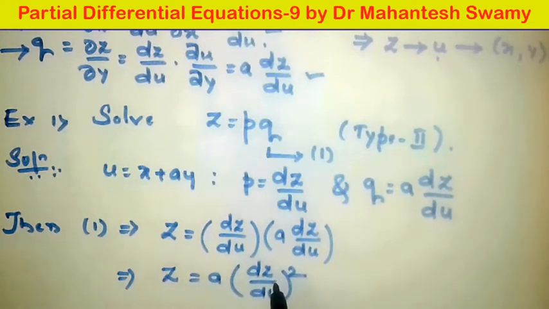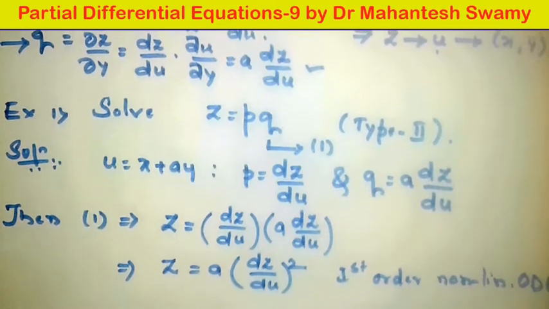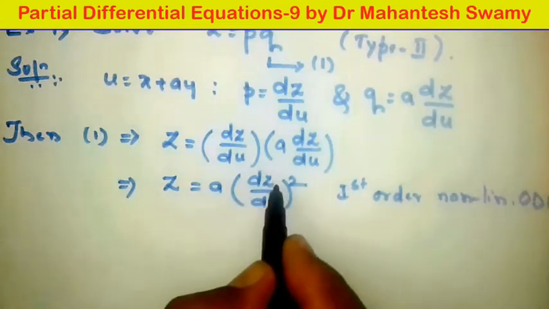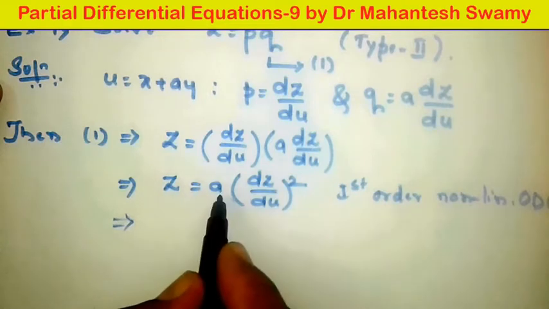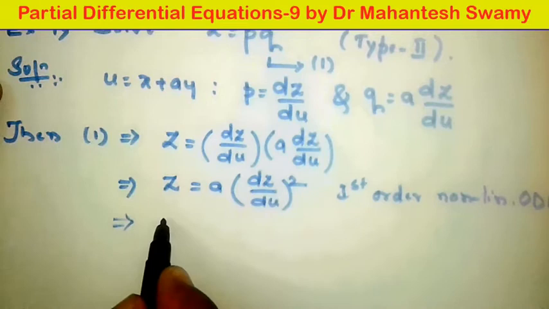So it is a first order non-linear ODE, an ordinary differential equation. What we have done is convert the given PDE into an ordinary differential equation. Now let us find the value of dz by du from this. Take this a to the other side, it becomes z by a, and then (dz by du) whole square